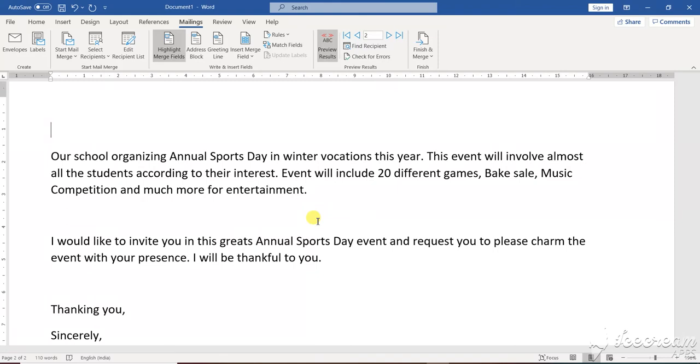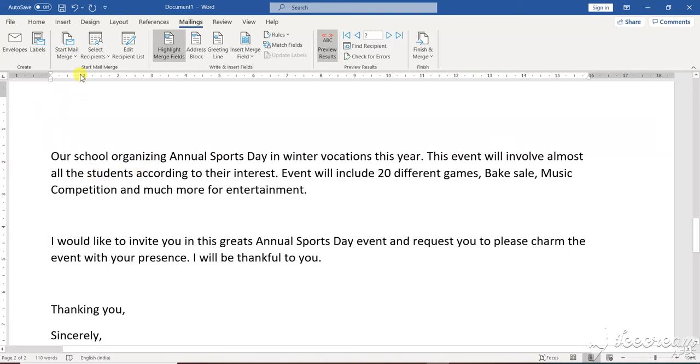For this purpose, suppose there are hundreds or thousands of schools. You would have to write this particular letter thousands of times. No, that is not needed. You will write the content only once, and there is an option known as mailing. In this option, you can create a database, listen very nicely, a database of the recipients who are going to receive those letters, and you can make this particular letter available for everyone.